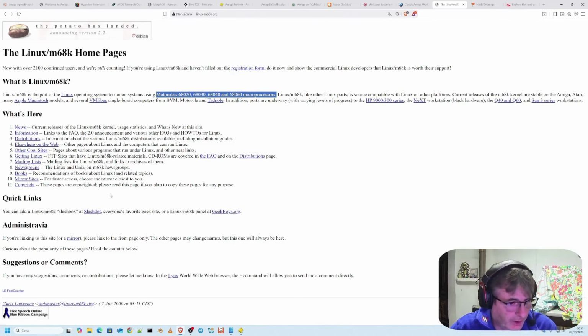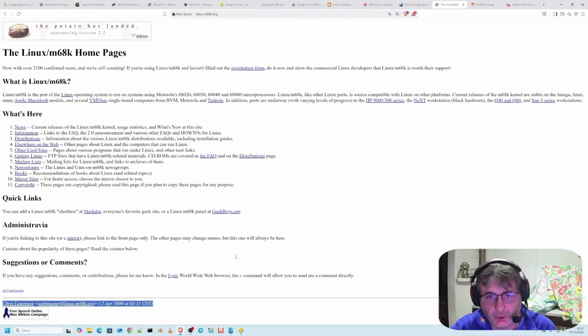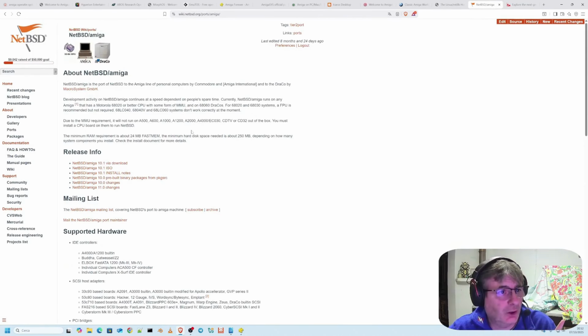Announced in version 2.2, clearly the website is still frozen. Here I saw that it's from April 2000. Currently, the project is still maintained as a historical port of the Linux kernel, even though today it's a niche project, mainly for enthusiasts, and is seen as a way to preserve what the project once was. Well, now we move on to the last one, which clearly here as well is about NetBSD Amiga.